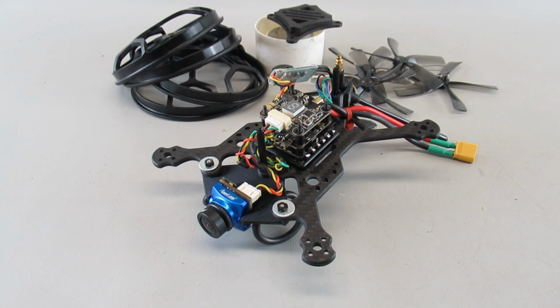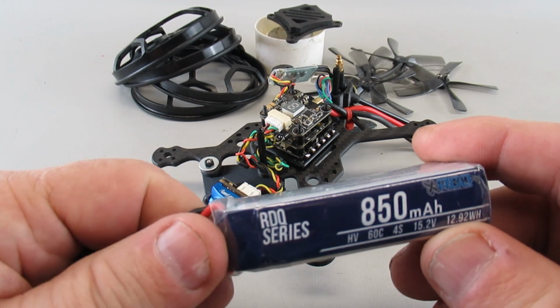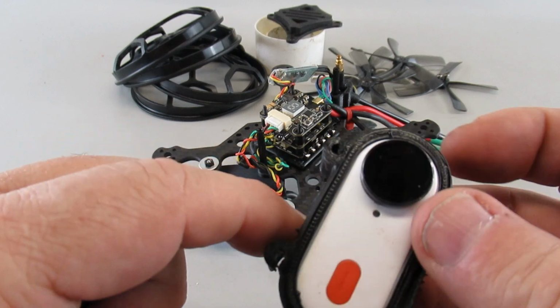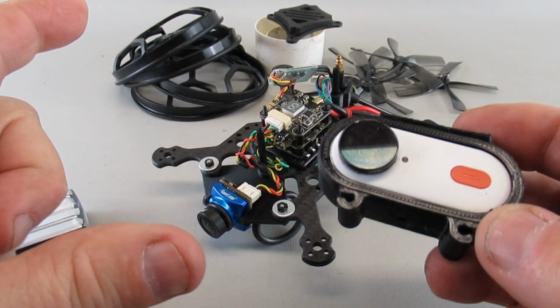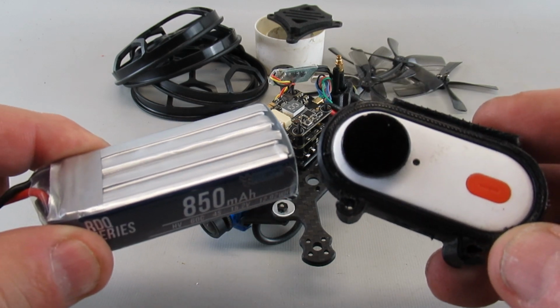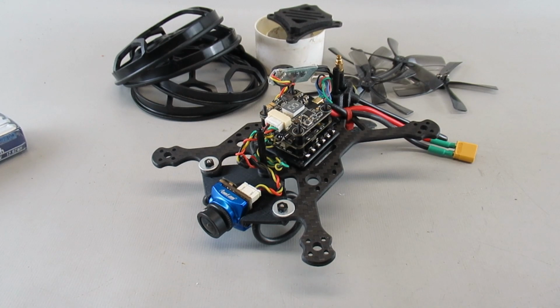I thought after that video I would go with the configuration, test it out with the bigger battery, the 850 4S, and put my Peanut camera on there, which would be the configuration that I'd be flying worst case for weight. That would be up to 238 grams. Well, when I did that, one of the motors,